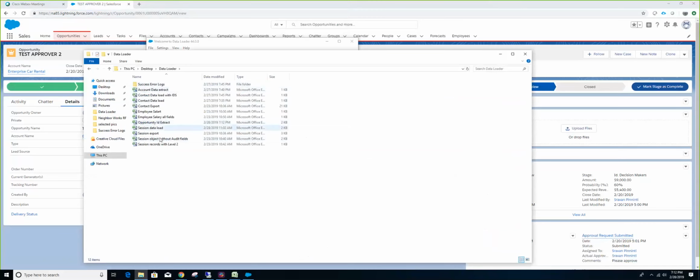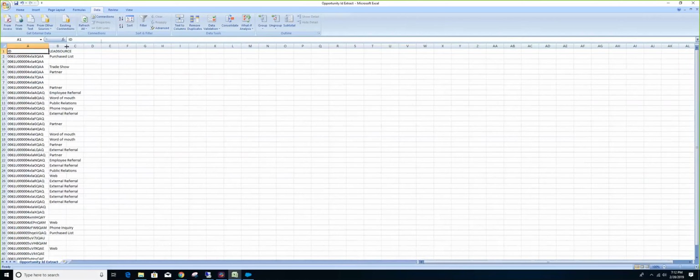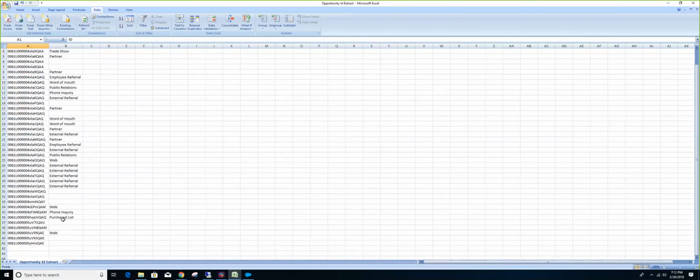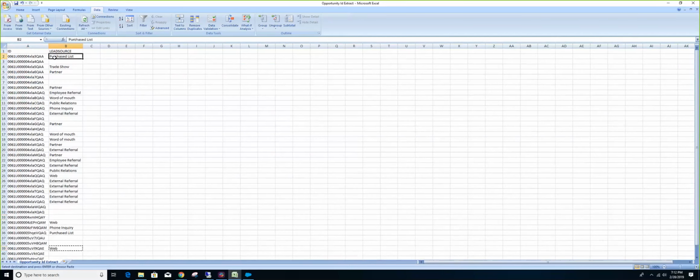let me check opportunity ID extract. And if you see, I got the 18-digit ID and I got all these, purchase. These are the existing records I have. Now what I want to do, I want to update everything to web. Okay. So all these records, if I open this record,